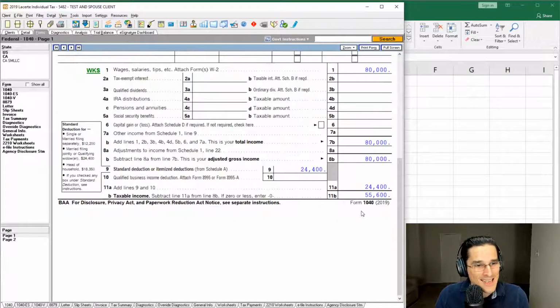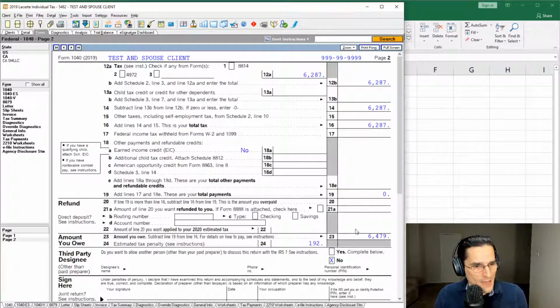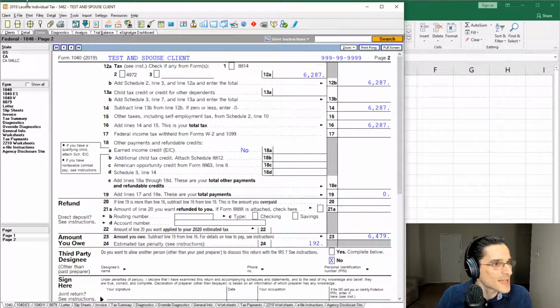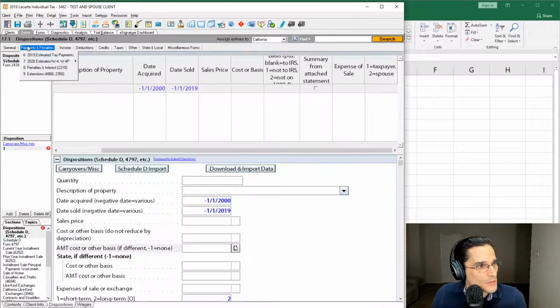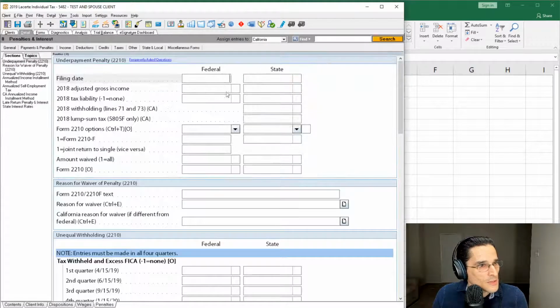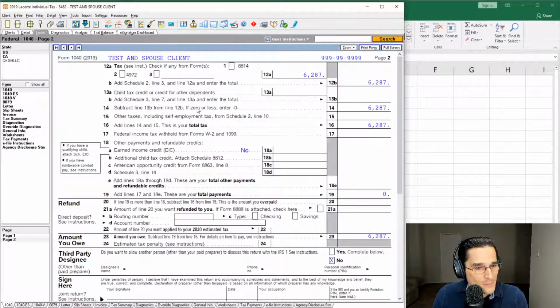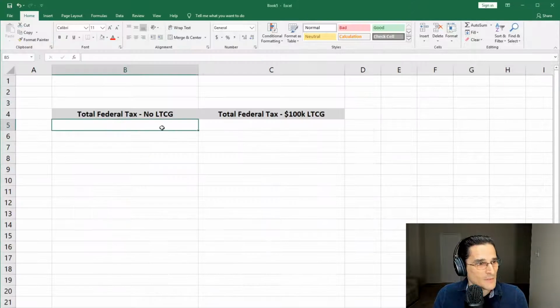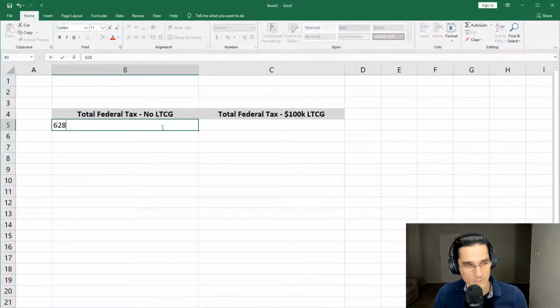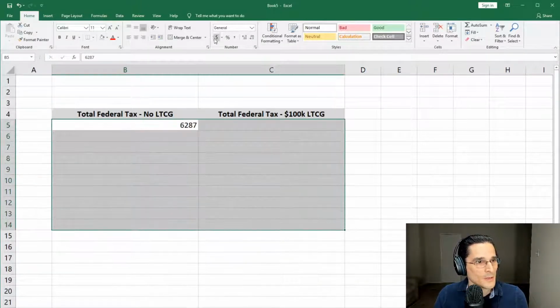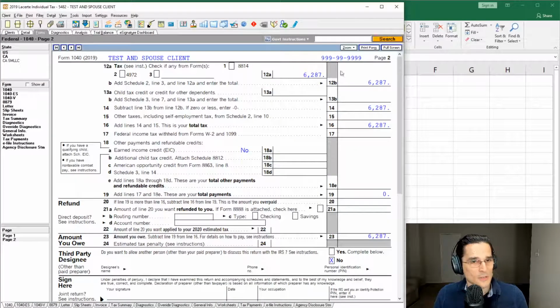But what's the total tax liability? And that number is, and let's get rid of the tax penalties because they're going to shift our numbers. So we are going to suppress the penalties for now. All right, so the amount you owe in this case, or the total tax we're going to focus on, is $62.87. Okay, so that would be the amount if these long-term capital gains were not applicable.